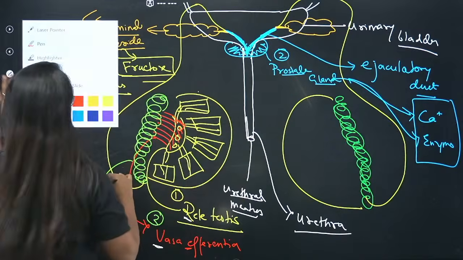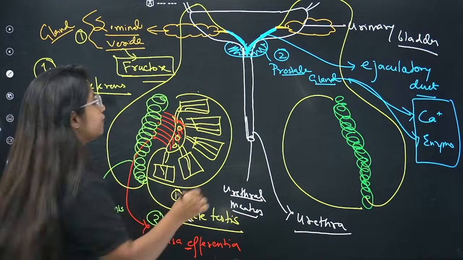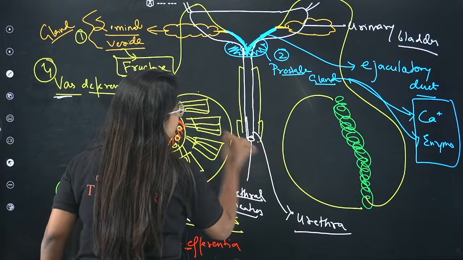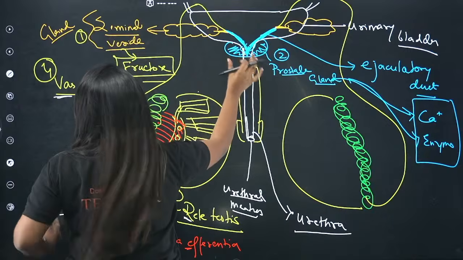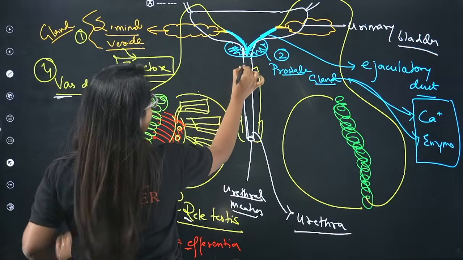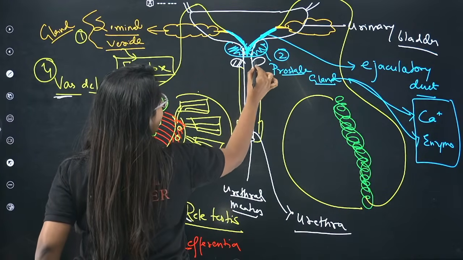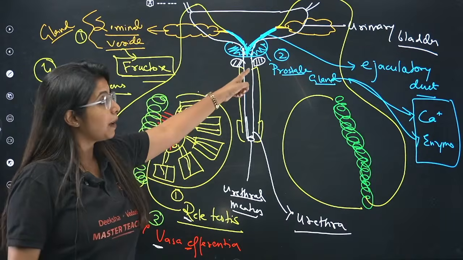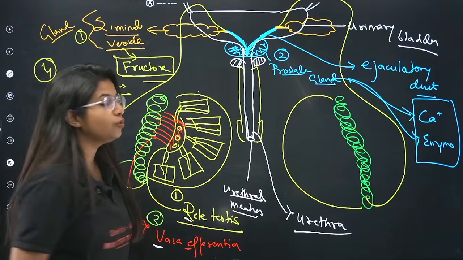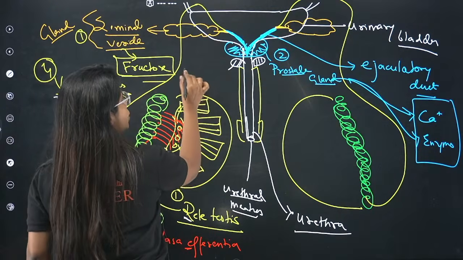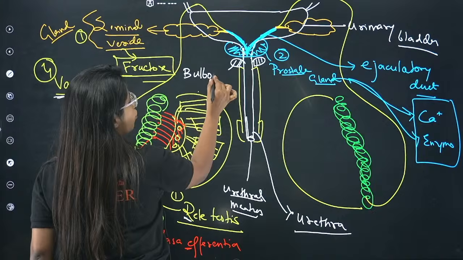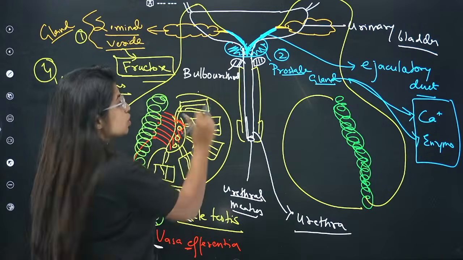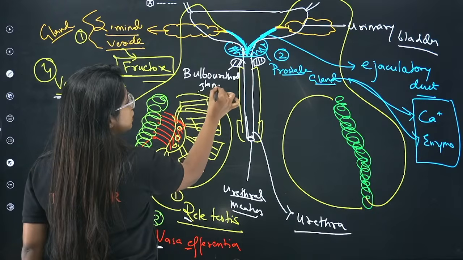Now going ahead with the third gland. But before that, I have to make something over here. This is going to be the penis. Just before the start of the penis, you have bulb-shaped glands. You have two bulb-shaped glands. They are also paired glands, just like the seminal vesicle. What do you call this gland? They look like bulbs, and since they are just beside the urethra, you call it the bulbourethral gland.